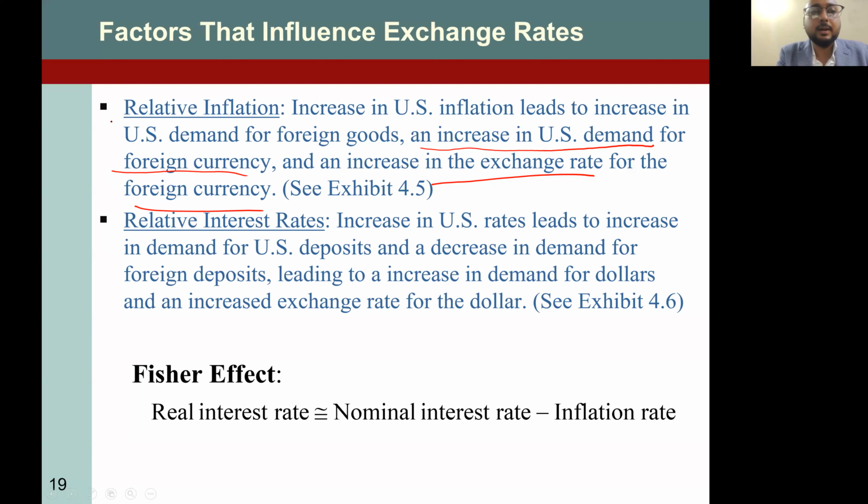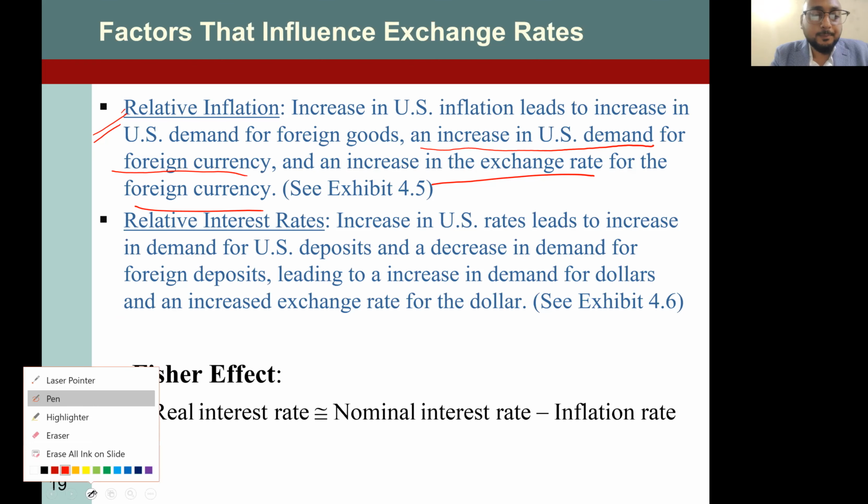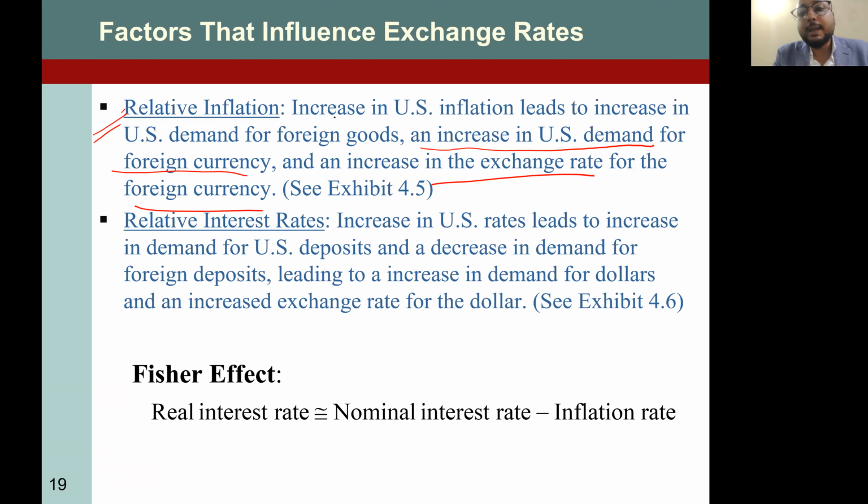Now let's read it again. So an increase in US inflation leads to an increase in US demand for foreign products. Instead of foreign, just replace it with Chinese. An increase in US inflation leads to an increase in the demand for Chinese products, an increase in US demand for Chinese currency, yuan, and an increase in the exchange rate for